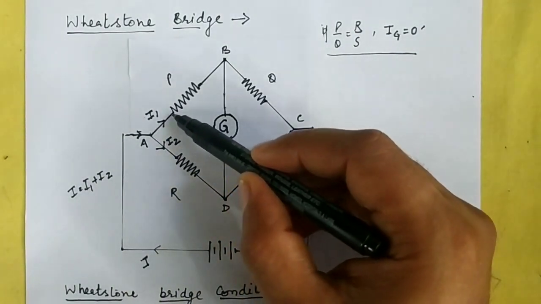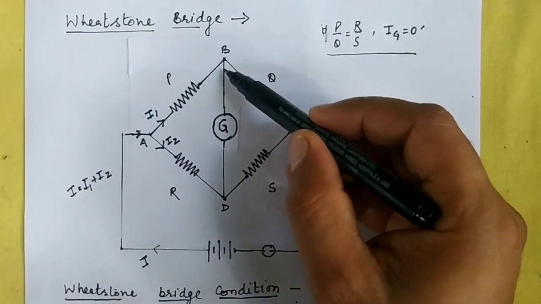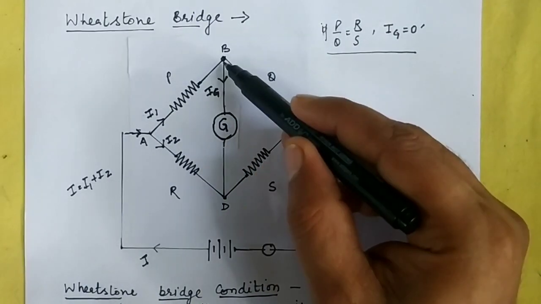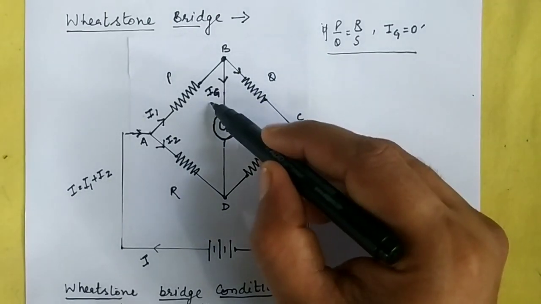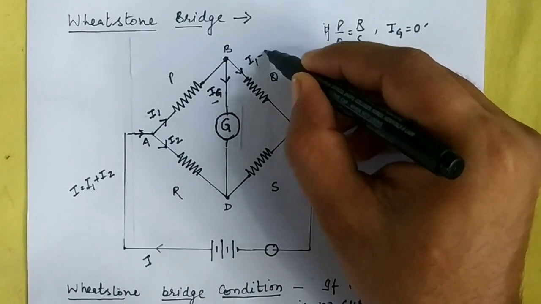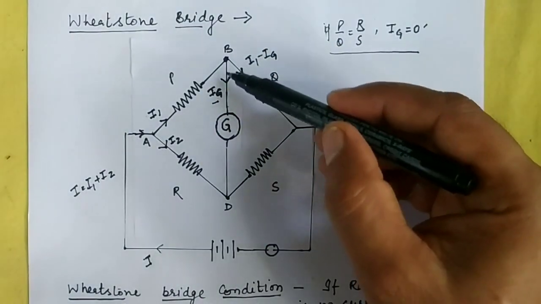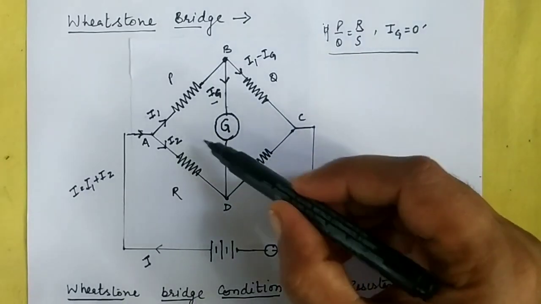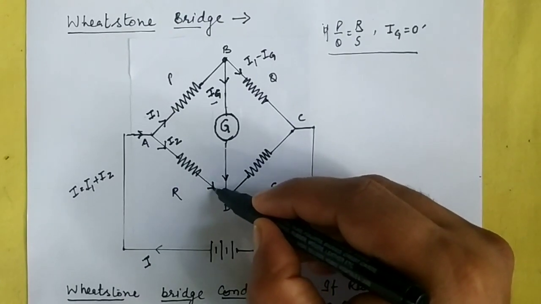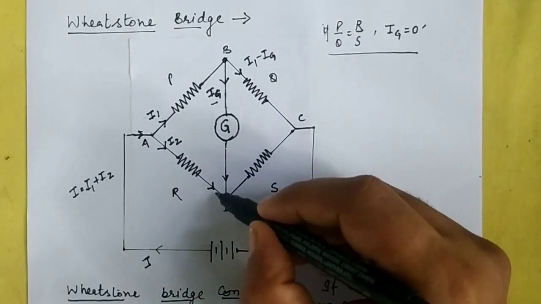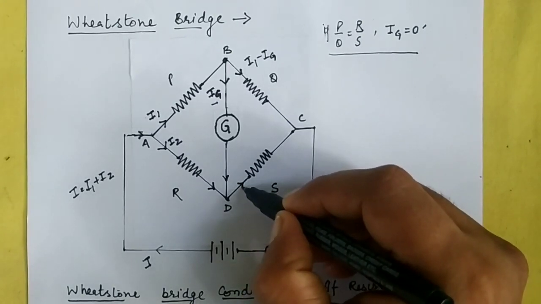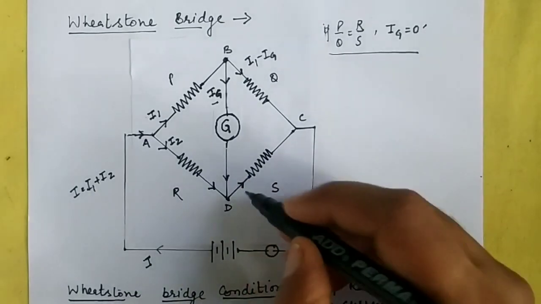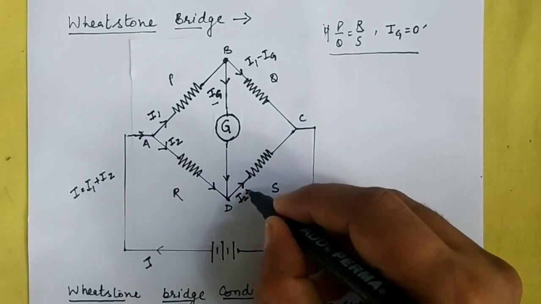Now while going through this one resistor, again the current is divided into two parts, that is along this direction and along this direction. The magnitude of the current in this direction is Ig. In this direction it will be I1 minus Ig. Now if the current is flowing in this direction through the galvanometer, the current is Ig, and in this line the current entering is I2. So both currents are entering at this junction, then the current in this direction will be outward, equal to the sum of these currents. So here the current is I2 plus Ig.